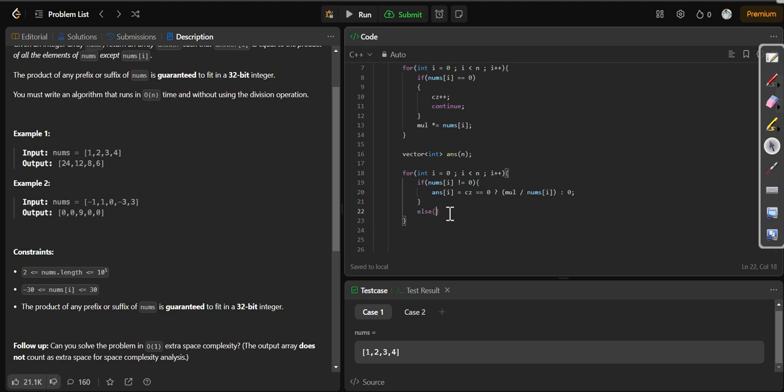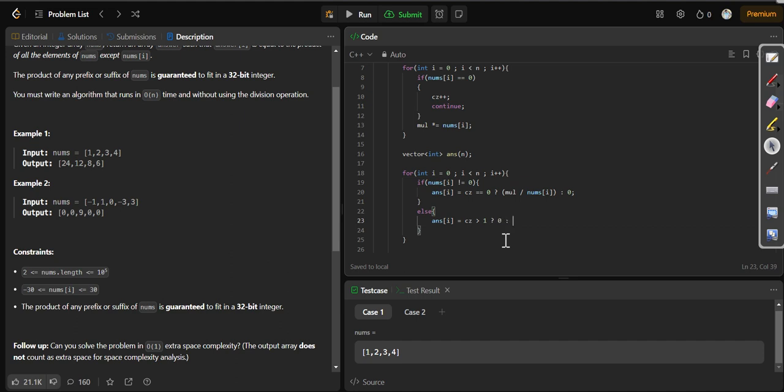Now else, if nums[i] is equal to 0, it means we will see whether there is any other value 0 except that 0. If there is, then the whole value will be 0, otherwise the value will be the product value. So answer[i] is equal to: if countZero is greater than 1, then the value will be 0.